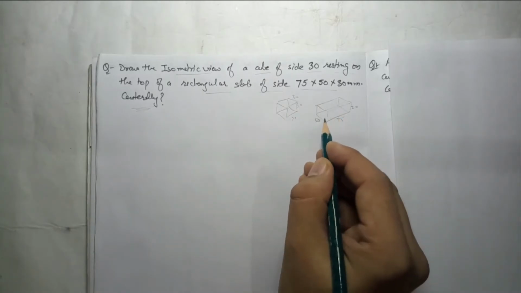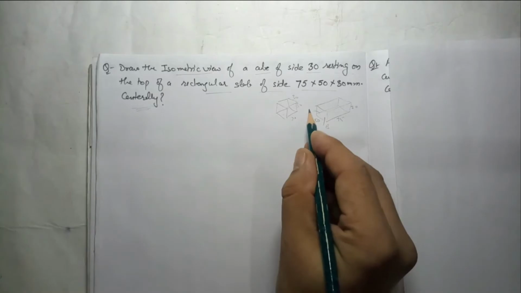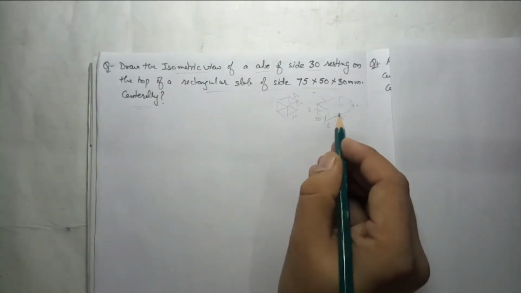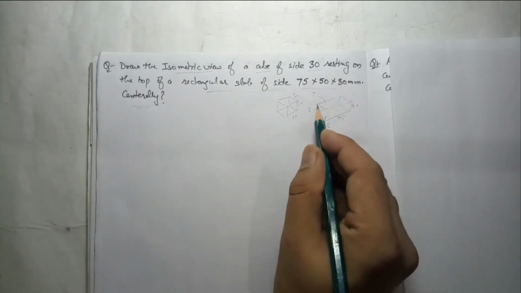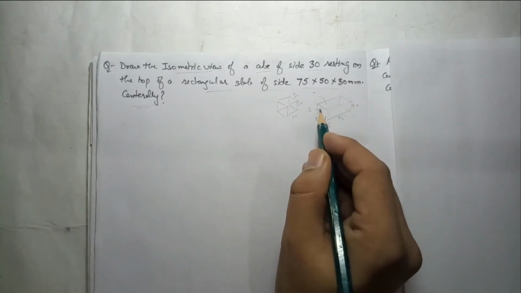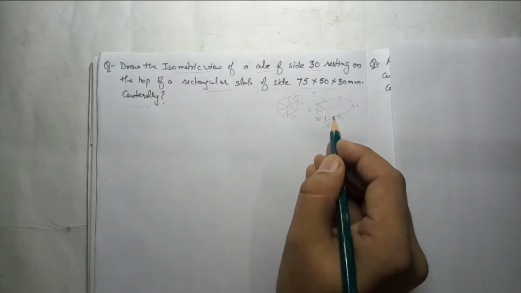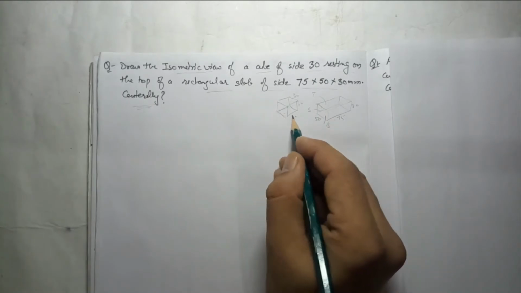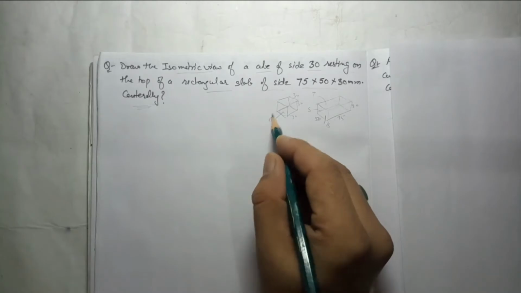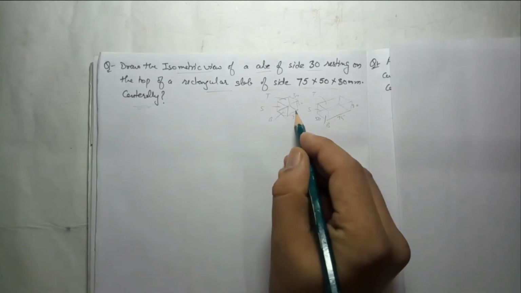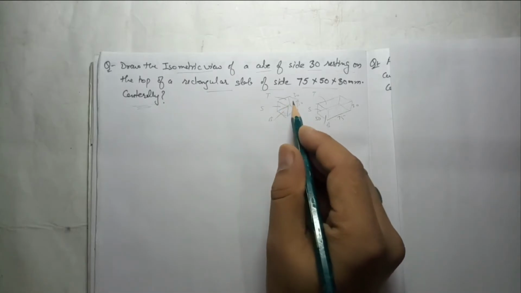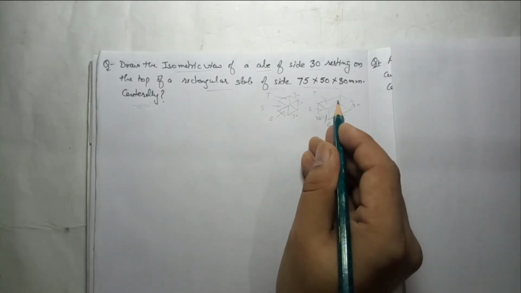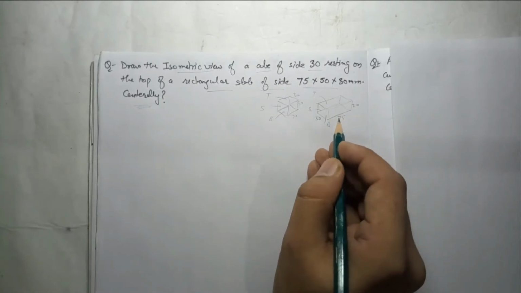In a rectangular slab there are three parts: base, surface and top. The base is a rectangle. First we will make the rectangle base, then the height and then the top rectangle. We have discussed this in a separate video. Same cube will have three surfaces: base, surface and top. Base is a square of 30, height is 30 and top is again a square of 30. So how to place them centrally? I'll tell you. First I will make the rectangular slab.